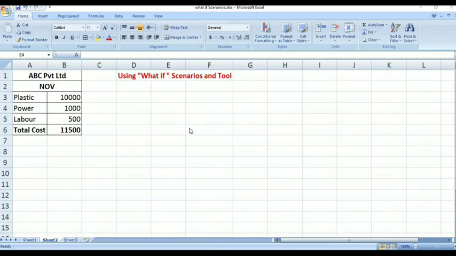So this topic we can understand with the help of an example. Suppose that I have a company, its company name is ABC Private Limited. This company produces PVC pipes. For that we need plastic, power, means electricity, third is labor.